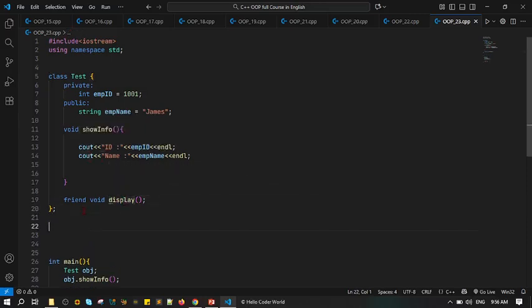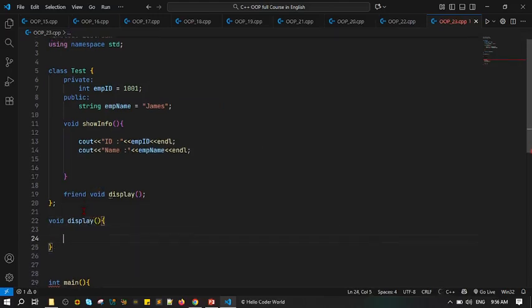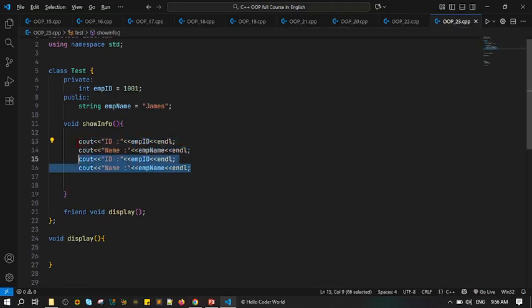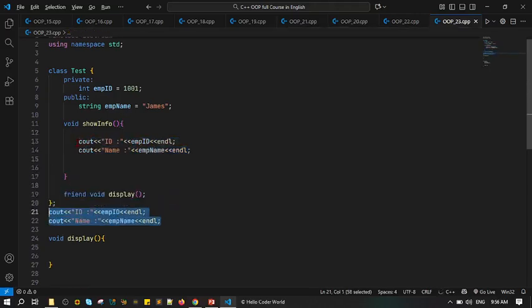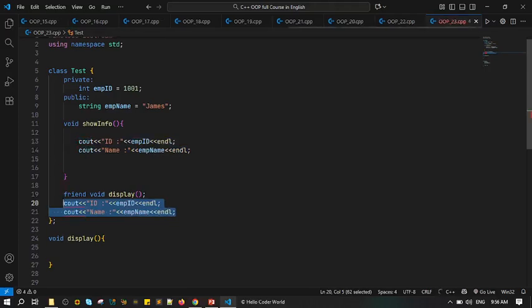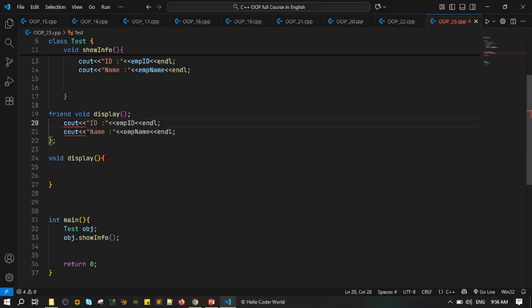Now if I want to create a void display function, for example a display function, I simply copy these two values and move them to the friend function, which is void. Now in this case I have an error. And what is the error? The error is that simply I want to use